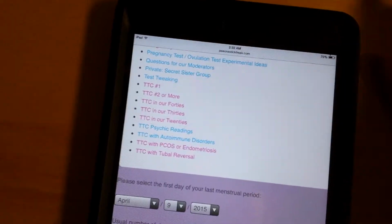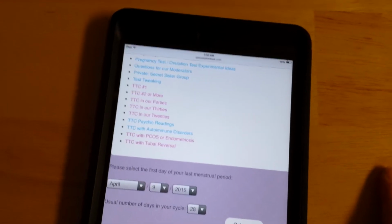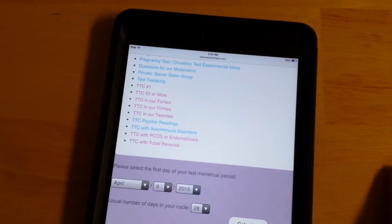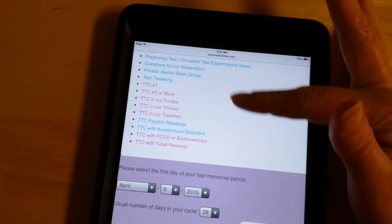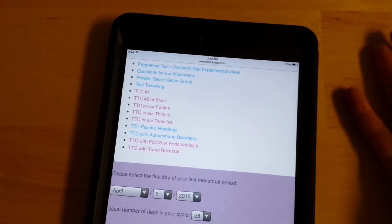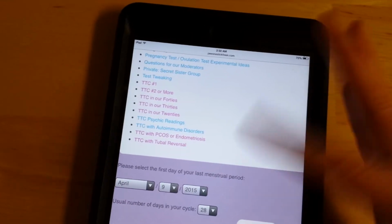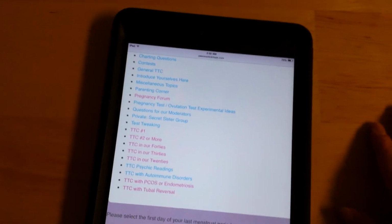And then we have trying to conceive, number one, your first child, or number two or more, being in your 40s, your 30s, your 20s. Then we have this place for our psychic readings, so you can schedule free or paid readings. And then, of course, those with autoimmune disorders or PCOS, tubal reversal, etc. So it's just a really neat thing that we have here, and I just kind of wanted to show you really quick